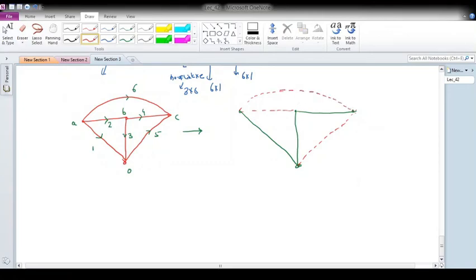These are the links. Fine, and give the directions. This was 1, this was 2, this is 3, this is 4, 5, and this is basically 6. Okay, now form the loops. Already we formed it. So what was the first loop? The first loop was starting from the link. The first loop was like this.